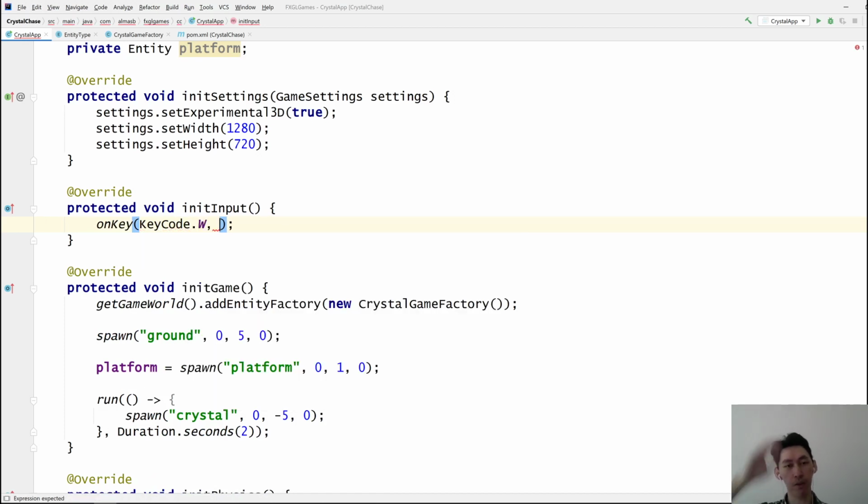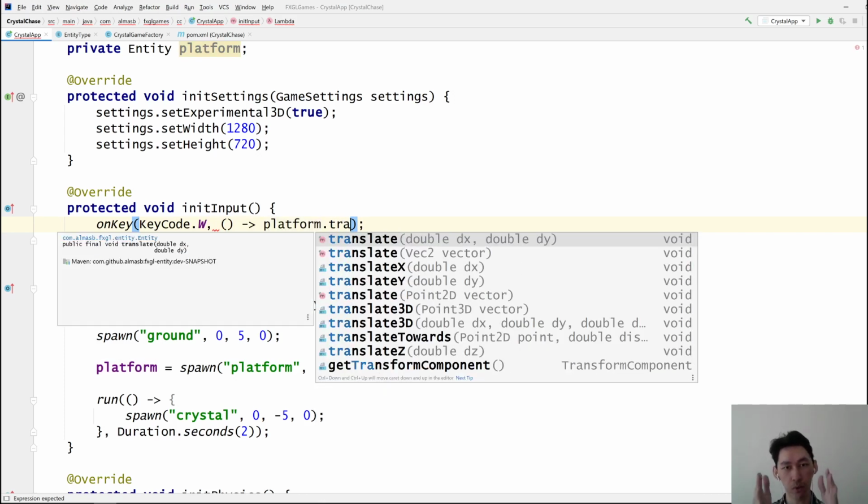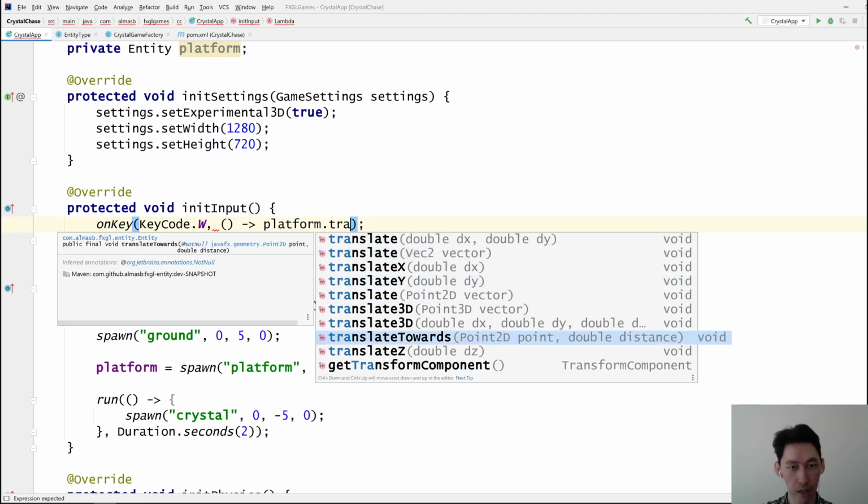I don't want to be able to move along the y-axis. It's a simple tutorial after all. So we'll just keep it X and Z. Platform translate. So W is going to move forward. So translate Z